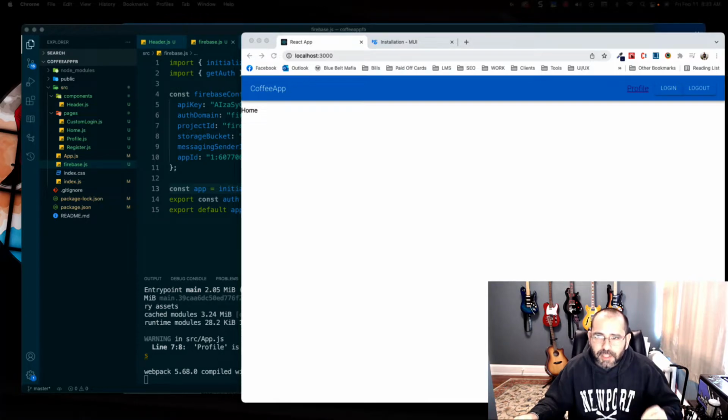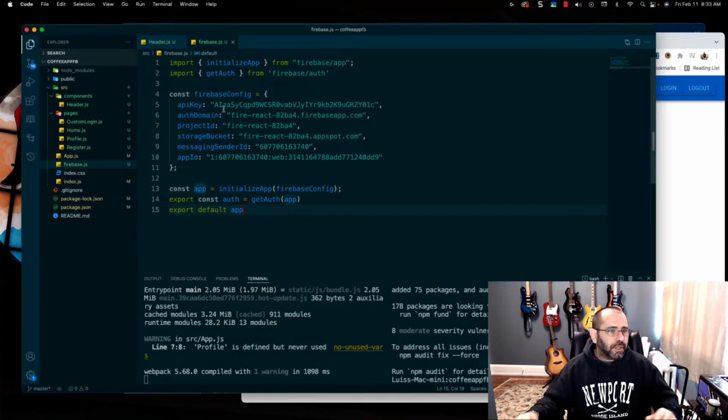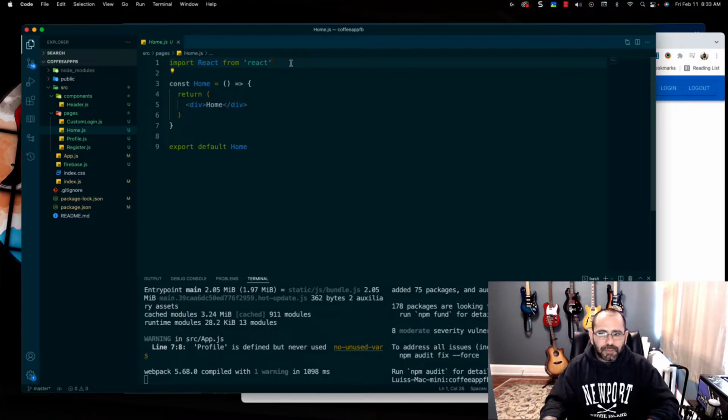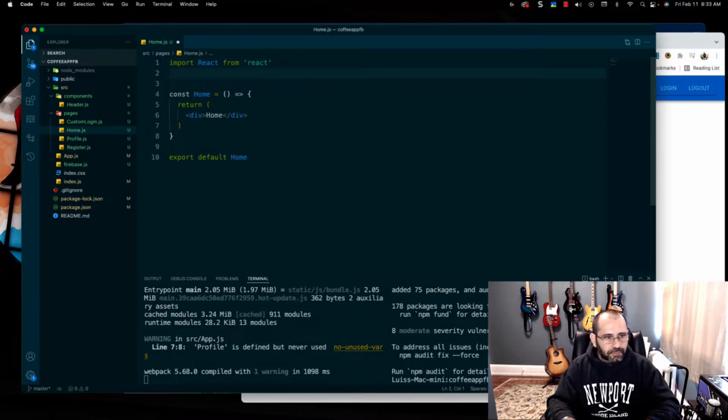That makes more sense. So what we're gonna do here is call our home page that we already created. Let's just close this Firebase. We don't need that yet. Let's close the header. All right, so in our home page here, this is not going to do a whole lot of logic, okay? It's gonna be very easy to do. So we're gonna bring in